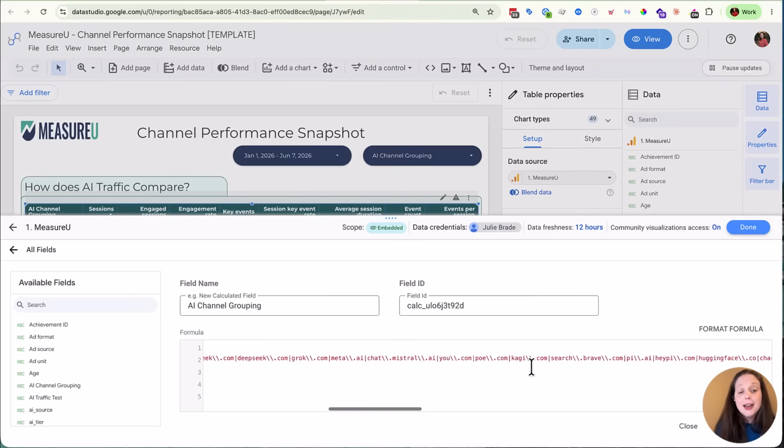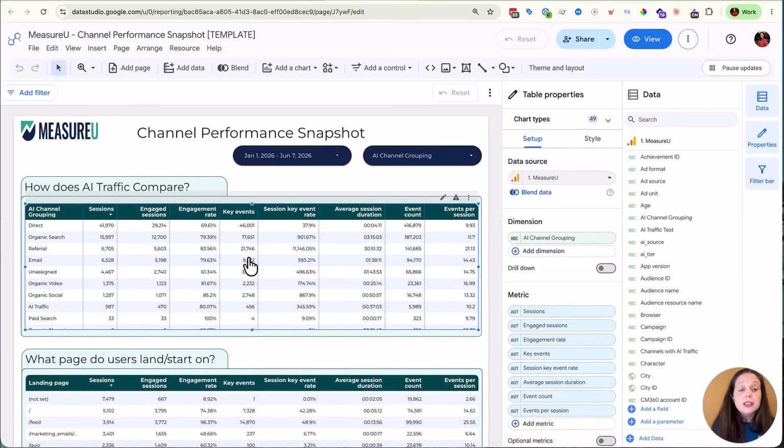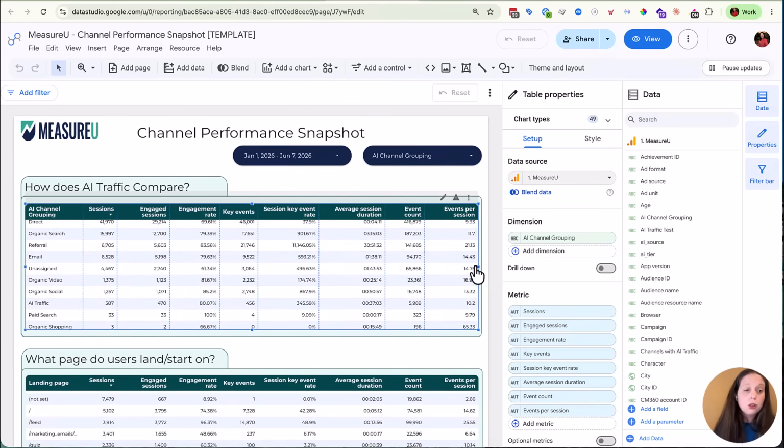So you're going to have this case statement, and that's all you're going to do. The template is technically set up for this case statement. The reason why is because just 2 months ago when we were teaching this, when you used your custom channel group from GA4, everything broke. The only thing you could get was views, maybe sessions, but as soon as you started adding any of these other things, the whole thing broke. We're like, well, crap, how do we teach it? So that's when we created the case statement.